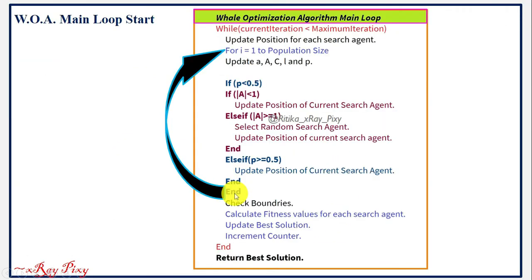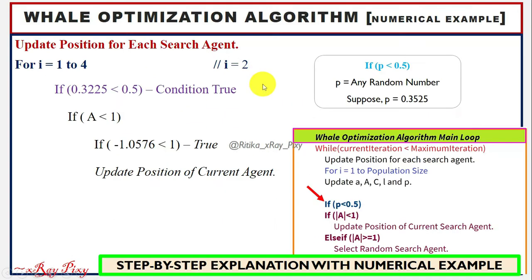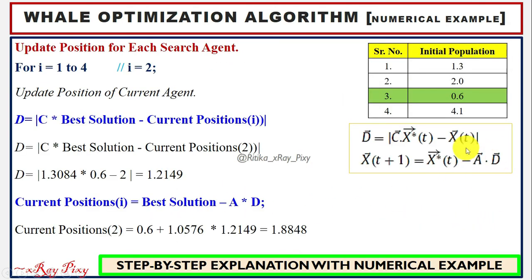Now put all the values in order to update current position, and we got 1.1495. Now again we will repeat this loop, and this time value for I is 2, so we will select any another random number for P, that is this one, suppose, and you can see condition is true, and after that here this condition is also true, so again we will update the position for the current search agent using this mathematical model,